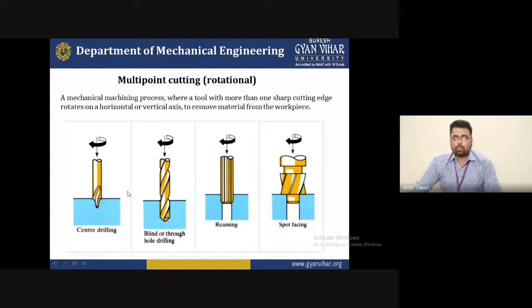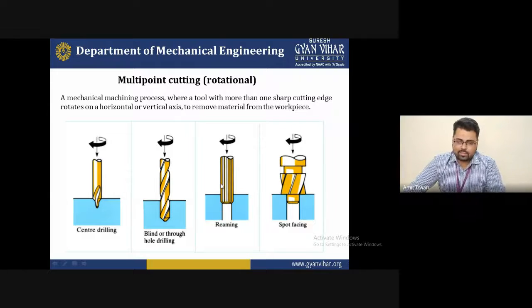If you want to mark the workpiece at the center, you just press on that particular area and rotate the drill, and with its help you mark a center hole. But if you want deep drilling, the drilling operation is performed later to make a larger hole, and such a tool is required for that.